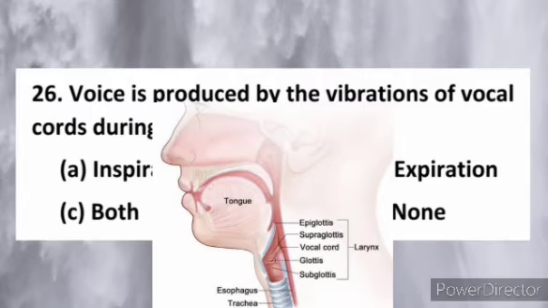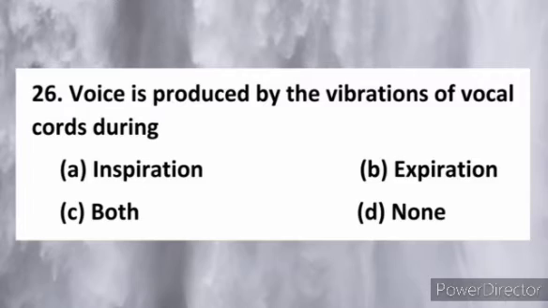Okay. So, this vibration produces sound waves for your voice. The rate of vibration determines the pitch of voice. There are totally 2 vocal cords which play a major role in producing sound. But actually there are other 2 also there, but they do not contribute in producing sound. Therefore, the answer for this is expiration. Option 2, expiration. Voice is produced by the vibrations of vocal cords during expiration.